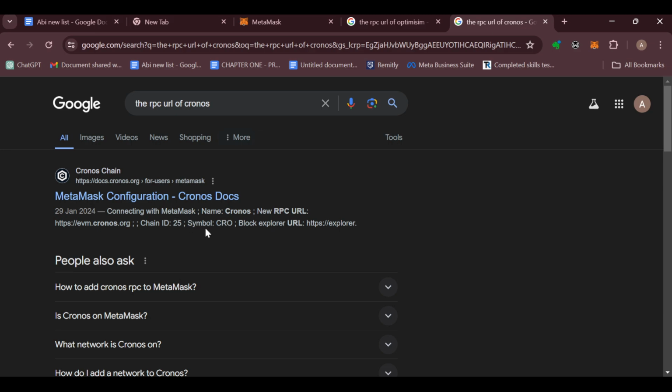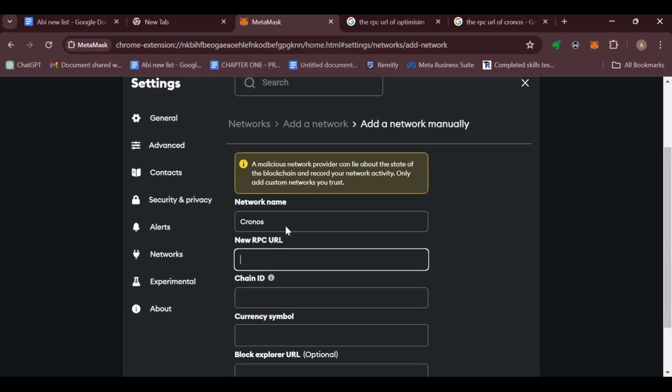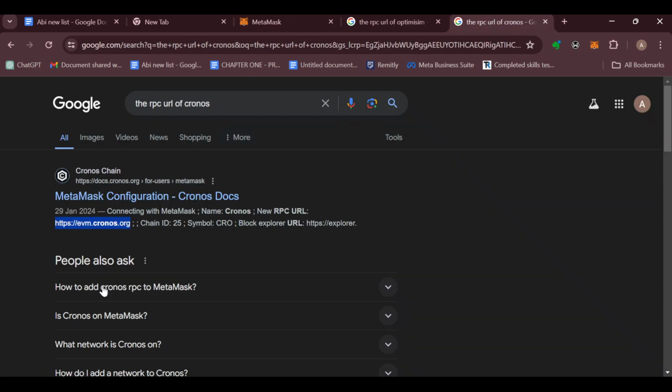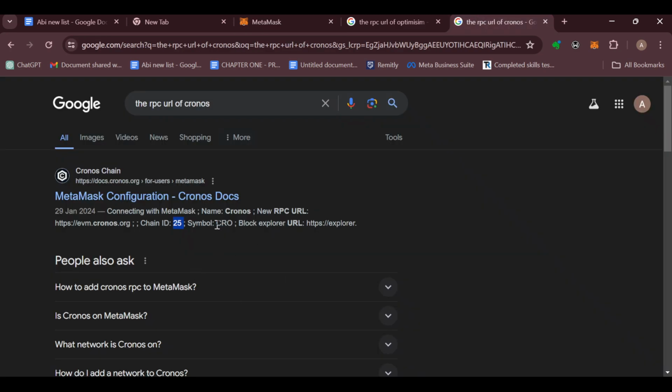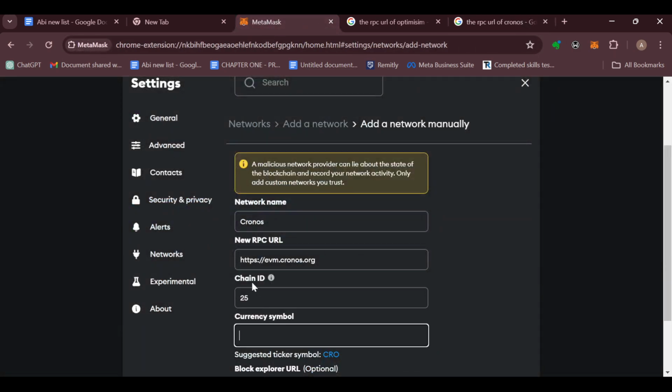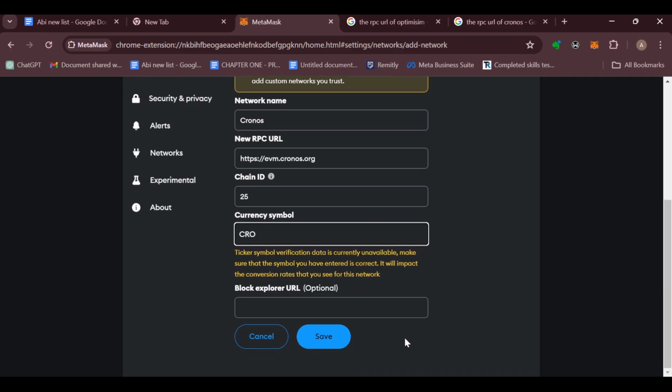You can see the chain ID as well as the symbol. So you can just go ahead and copy this. Just copy the URL straight up, copy, come back to your MetaMask, then you paste it, and then go back to the page, copy the ID as well. Alright, copy, come back, paste, go back, then as well as the symbol. Alright, copy it as well, go back and paste, and then scroll down and click on save, and just like